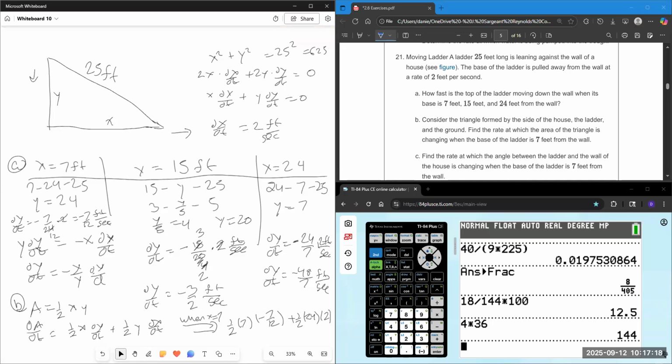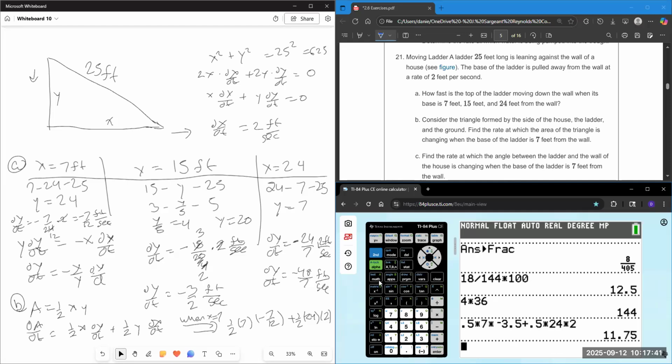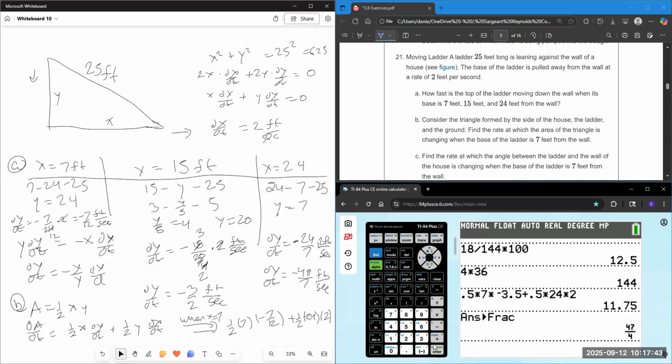So let's put that into the calculator. 0.5 times 7 times -3.5 plus 0.5 times 24 times 2, and then math, answer to fraction, and I get